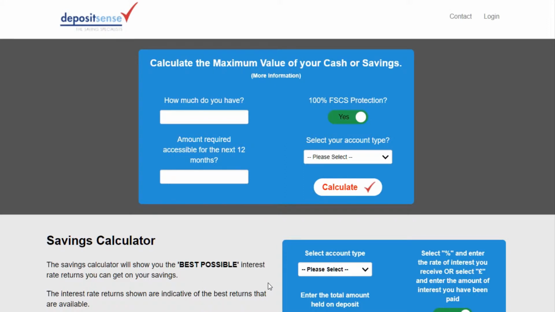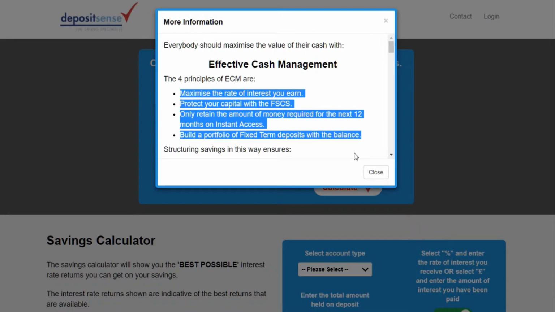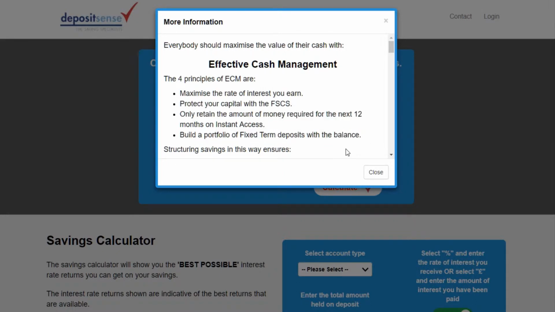In this short video we're going to look at how to manage and maximize the value of cash, using the new website material that we provide for our members, which is also available via our website. So quite simply, to maximize the value of cash and to manage cash, these are the four core principles. They're now available for you to promote and share with any professional connection that you have,